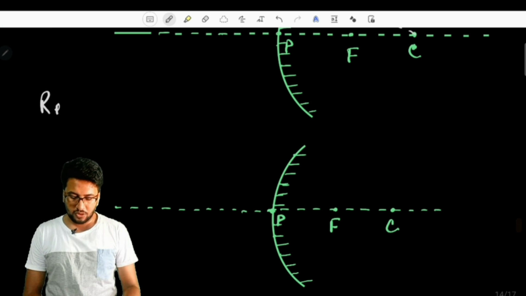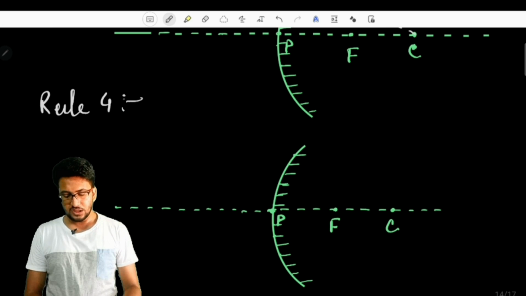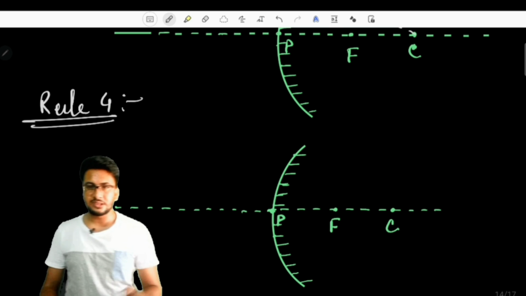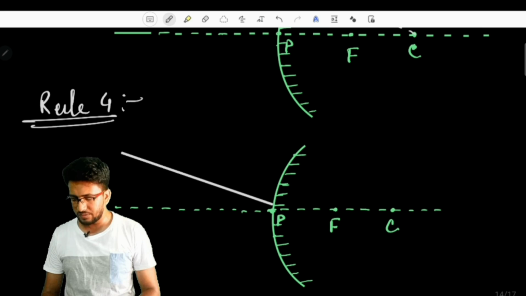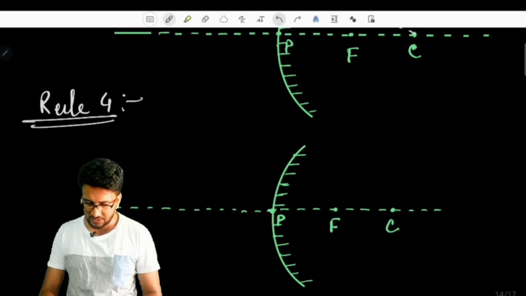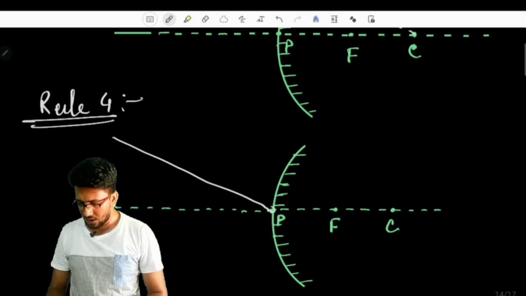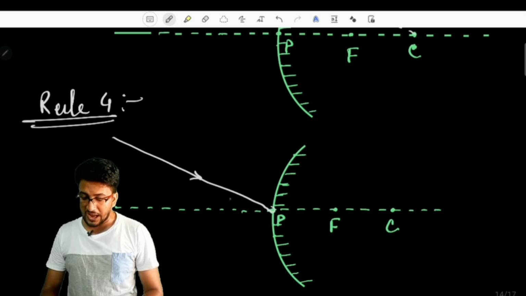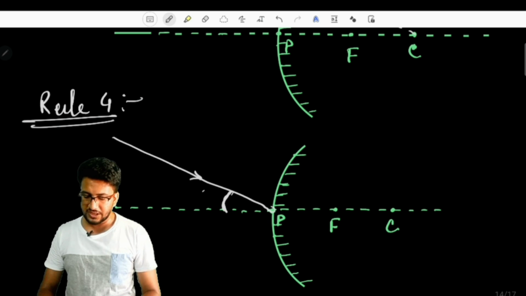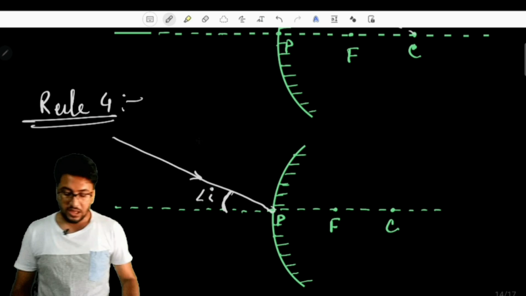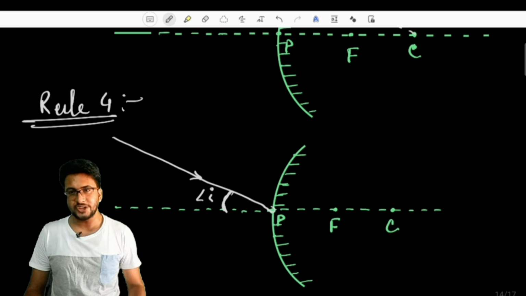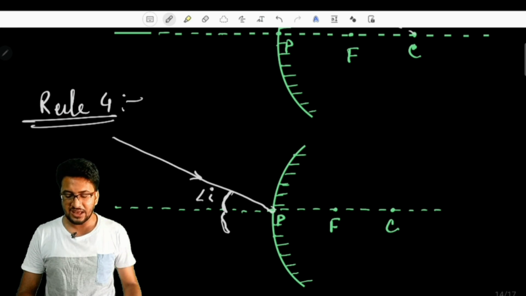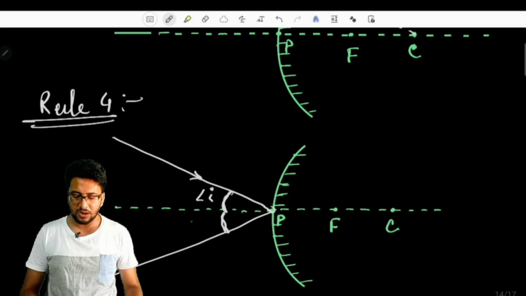So rule number 4, what does it say? In case of rule number 4, we will see the same patterns as we have discussed in case of the concave mirror. If a light ray is approaching towards the pole of the mirror, or at any point falls on any point on the mirror, then what happens? The light ray makes an angle with the principal axis, which is known as the angle of incidence. So light will sustain its laws of reflection, and by maintaining the same angle as the reflected angle, it will transmit out in this manner.